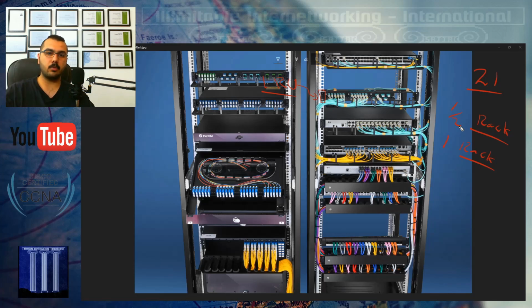Imagine what they give to you. Some of them give you like 240 ports. Each port is 10 gigabit per second in bandwidth. So those are in terabits per second of bandwidth. So anyway, these are